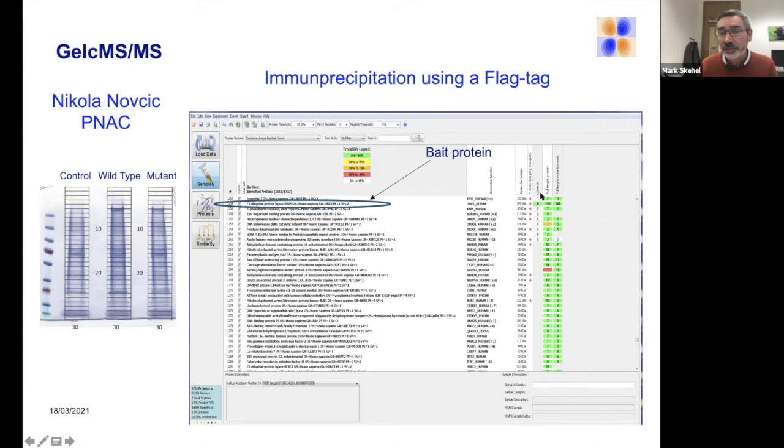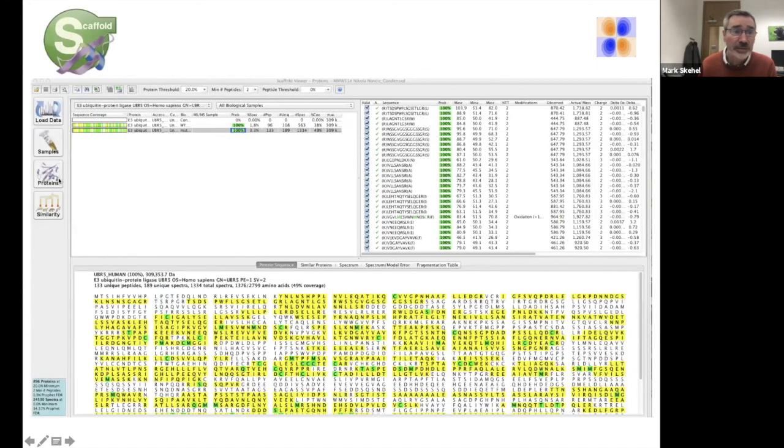And all of these fields are sortable. So if you click in the header region here, you can move these around and work out which is, let's say, specific to the control or your sample. So they're all sortable. And you can dig down. So here, this is the sample level. So here are all the protein IDs that you found. If you click down to the protein level, this next box here,